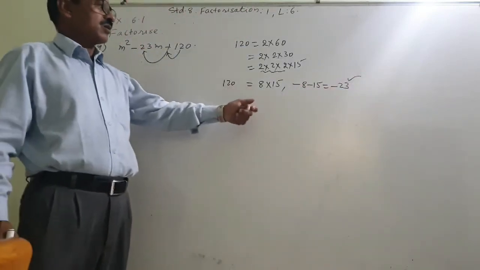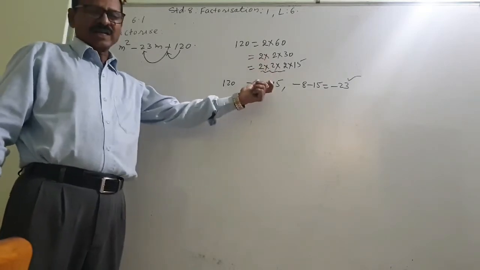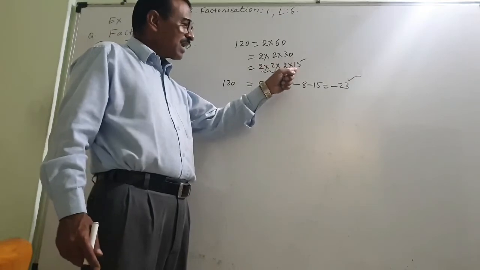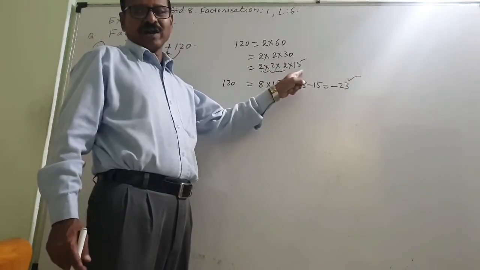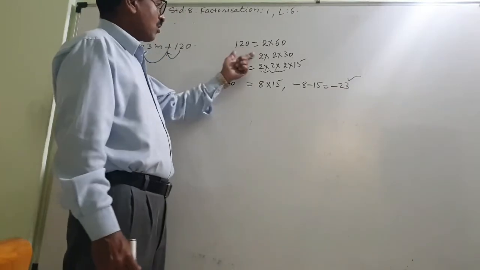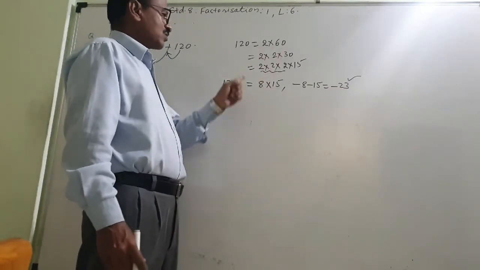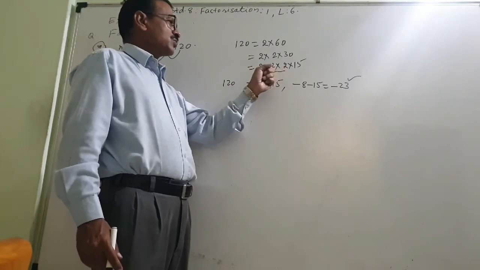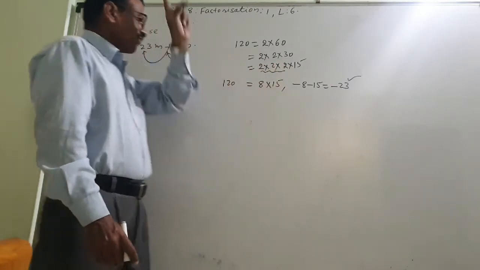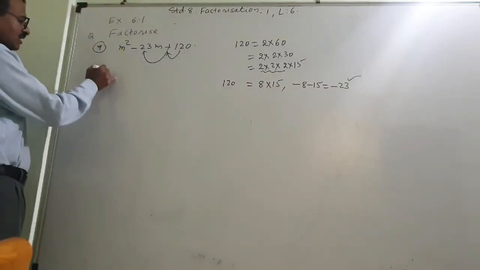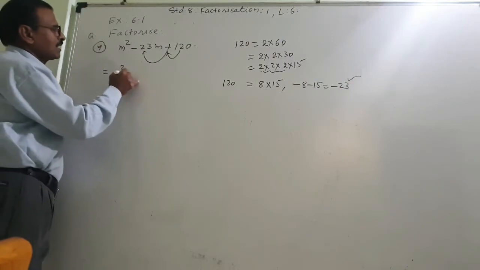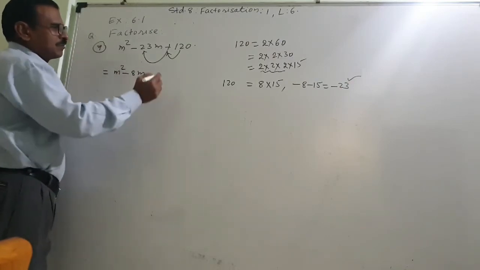I have gone on splitting, means finding the factors. If I would not have got here, again I would have done this as 3 into 5. And then only 2 factors I want. Not all these factors. I want only 2 factors. So out of this 2 into 4 into 8, 8 into 15, these are the 2 factors. 2 factors I have taken. So that is equal to m square minus 8m minus